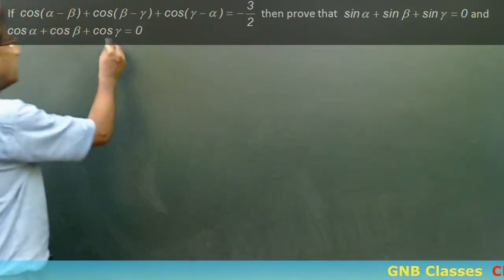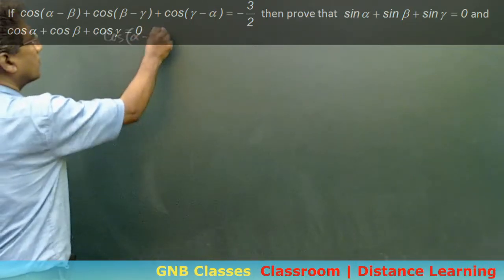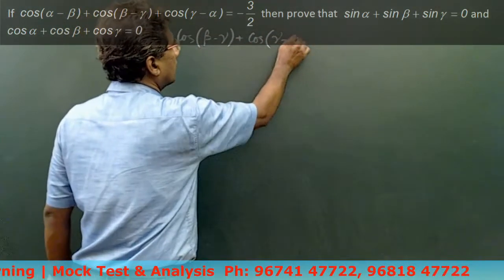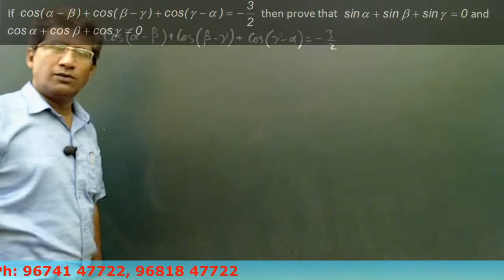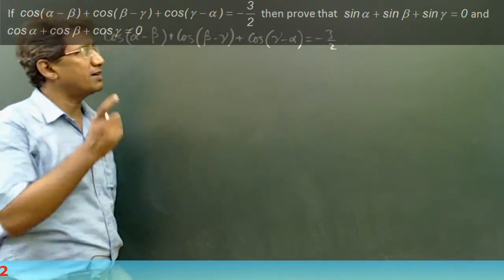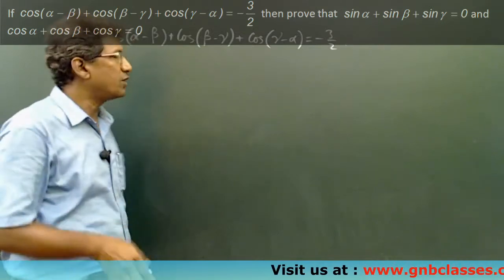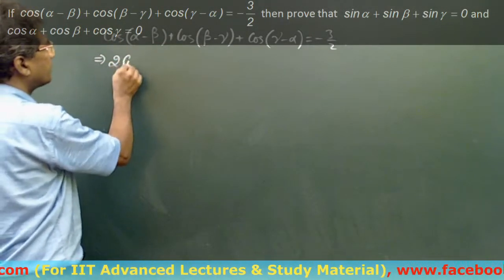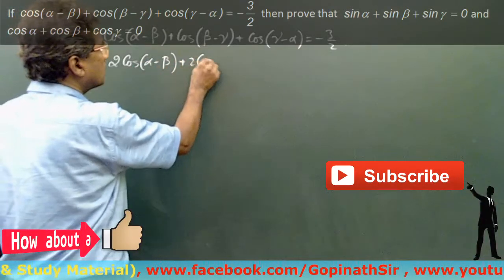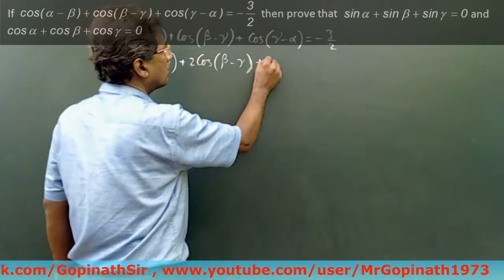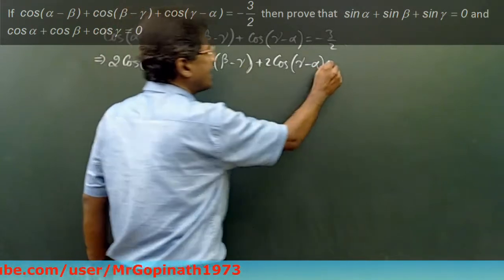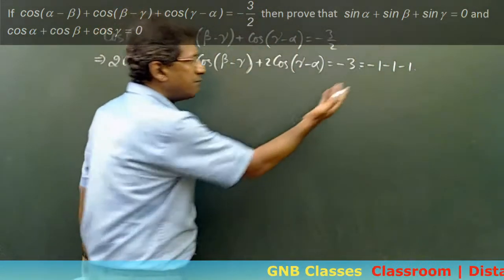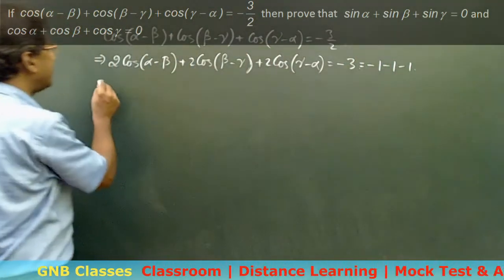In this sum, they have given us and they have said to prove that sine alpha plus sine beta plus sine gamma is 0 and cos alpha plus cos beta plus cos gamma is 0. So here what I am doing, I am cross multiplying these two. So in the left hand side we are going to get, and in the right hand side we are left with minus 3. Minus 3 can be written as minus 1, minus 1, minus 1. Is it clear? Now I am taking these 3 minus 1s in the left hand side and we are getting